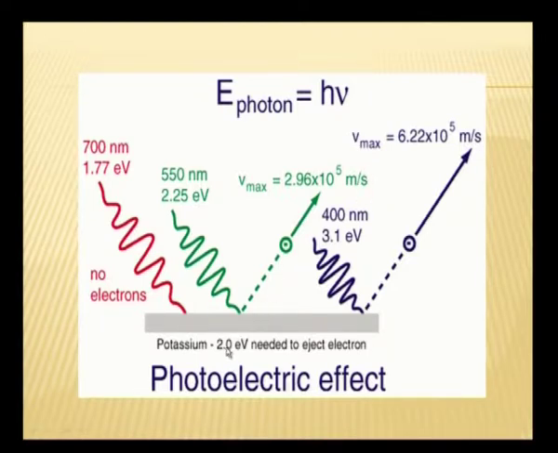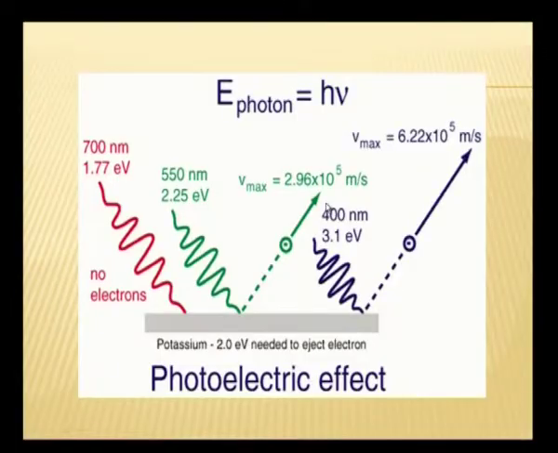And you have what is called potassium, the needed energy for the electron to be ejected is 2 electron volt. Now, this energy here is 2.25, therefore, this light beam is able to eject the electron, and the ejected electron will be coming with a velocity which is 2.96 into 10 to the power of 5 meter per second. Okay. So, the point is, a beam having 7000 angstrom as the wavelength will not be able to eject the